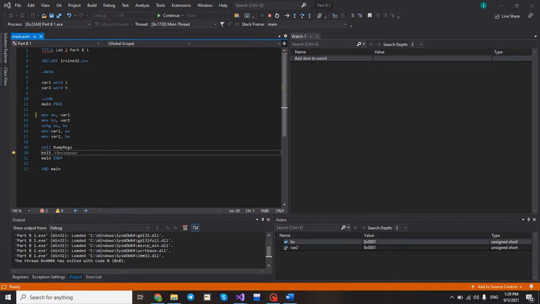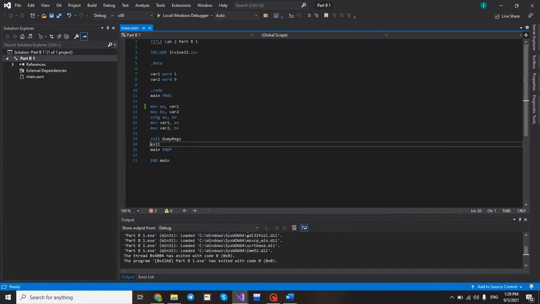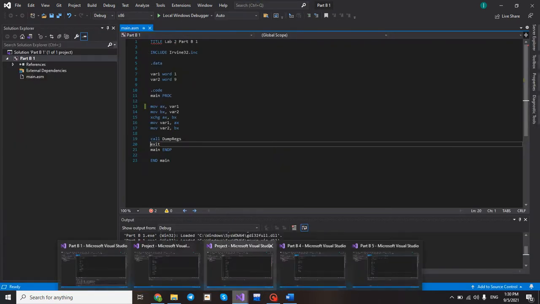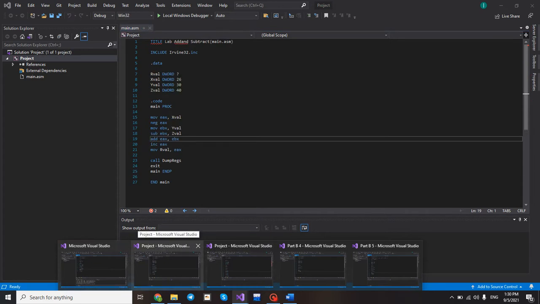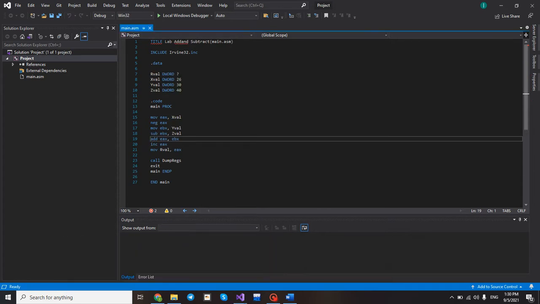Now we're going to stop debugging, and we move to part B, question 2. I forgot to change this. So for part B, question 2,